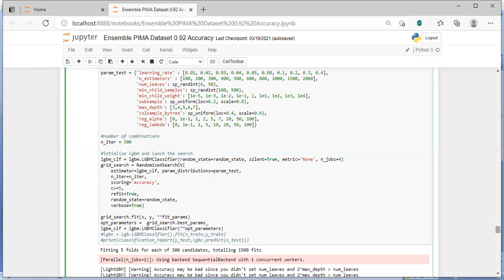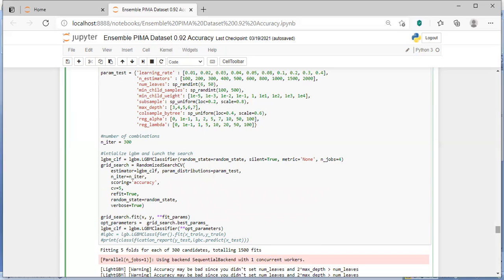Next, you are populating these optimum parameters and passing these values to the LightGBM classifier during instantiation. So first you are instantiating the LightGBM classifier without the optimum parameters, and next you are again instantiating it with the optimum parameters and predicting.